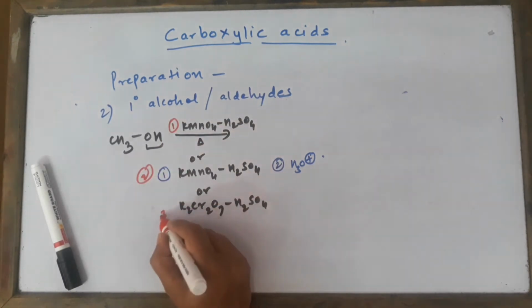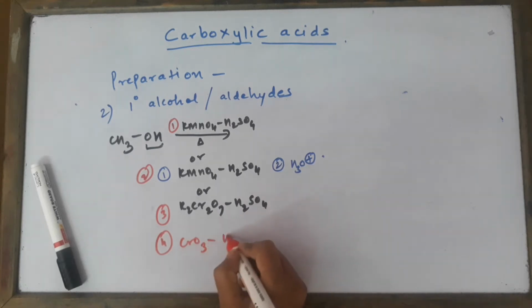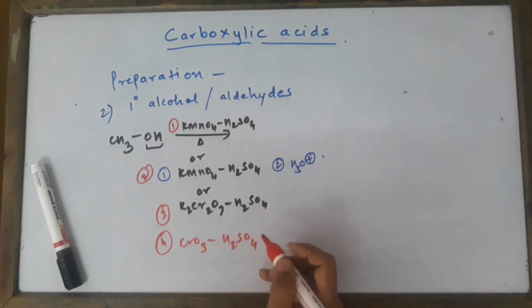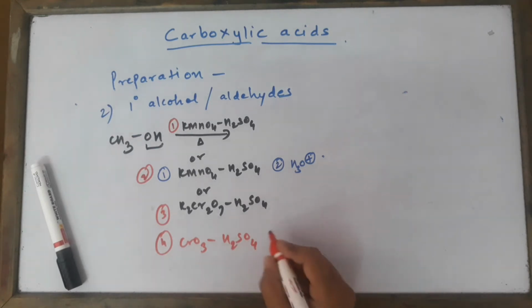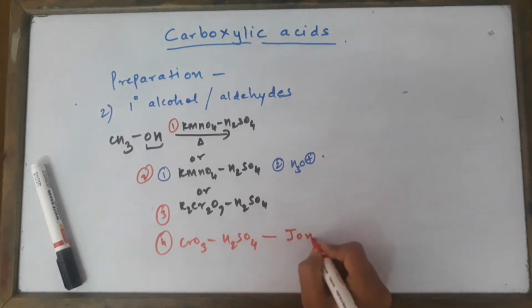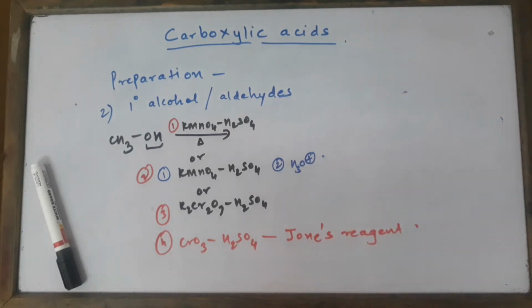I can use that, I can use this, I can use CrO3 plus H2SO4. This is also a very good combination. I can use this method. Now this complete thing is called Jones reagent. It's there in your textbook. Just open your books, it is mentioned at one place. So this is Jones reagent. This is also a very powerful oxidizing agent. So these were some of the common oxidizing agents which I'm going to use.